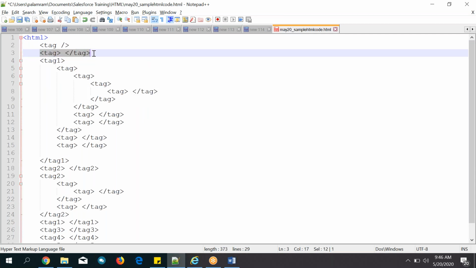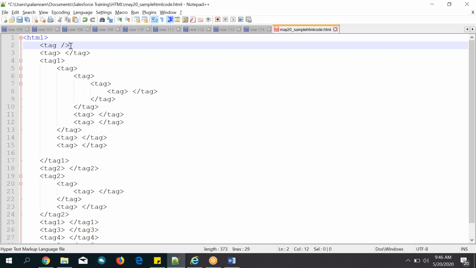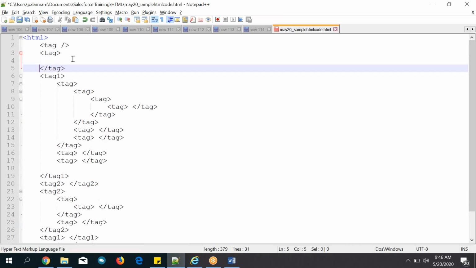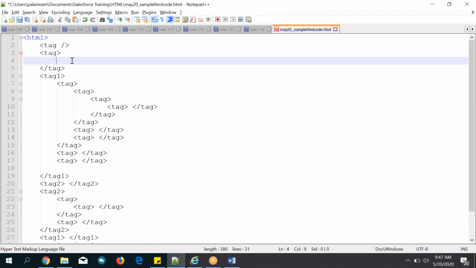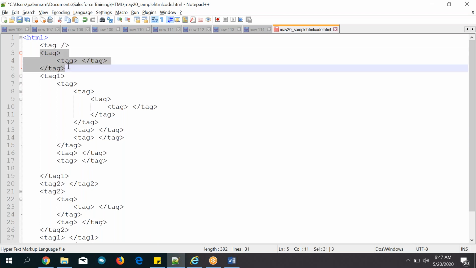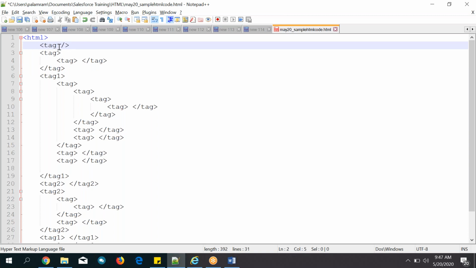Both are same, guys. Okay, why do we go with open and close, and when do we go with this one? When, in between this tag, if you don't want to write any HTML tags, then simply go with a single tag with a backslash at the end. But in between these tags, if you want to write any other HTML tags, then you can close here and here like this. If you want to insert one more HTML tag in between the two tags, then go with this approach. Or if you don't want to insert any tags between the HTML tag, simply go with this one. Write a tag and put a backslash at the end like this.